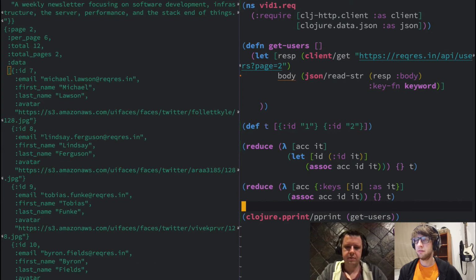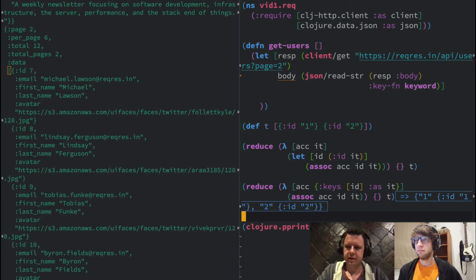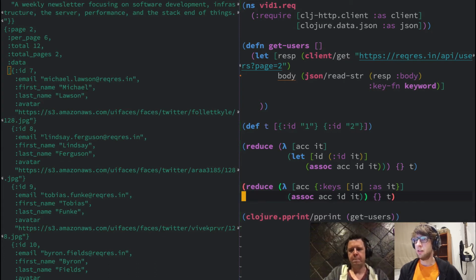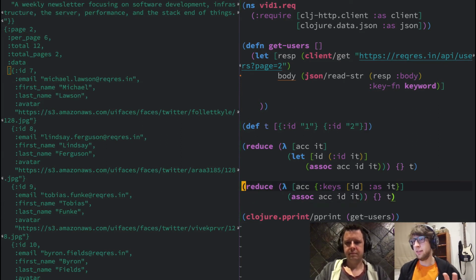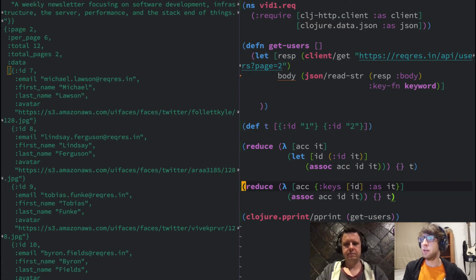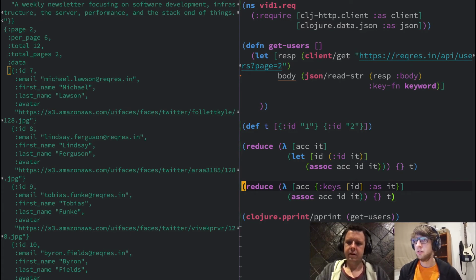Okay, so now this will do the same thing. It's just a little bit neater. Cool. Yeah, and that's passing the whole object in as the second argument, like a normal reduce, and then destructuring the ID out of it and renaming it, which is quite cool. Yeah. So now, because I created some test data, and then I wrote a function here, and I verified that it does what I want it to do,